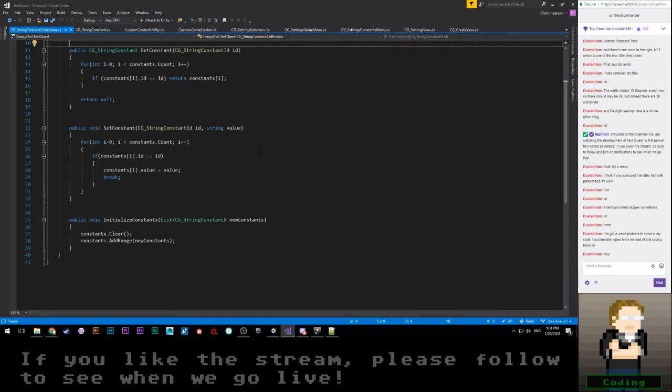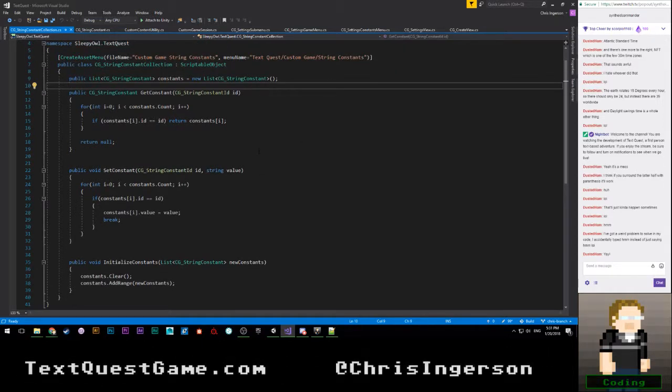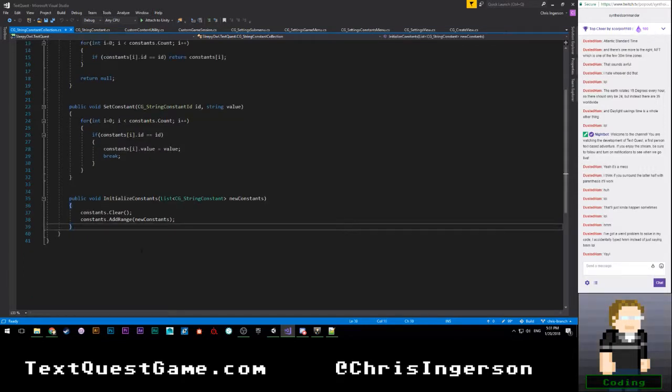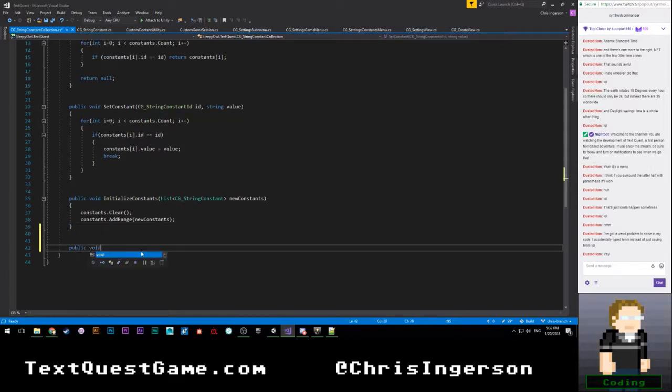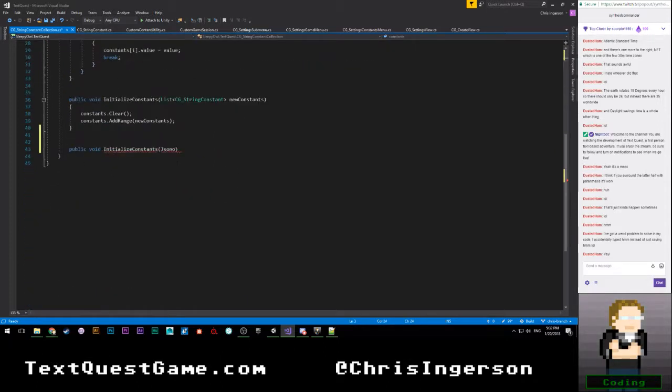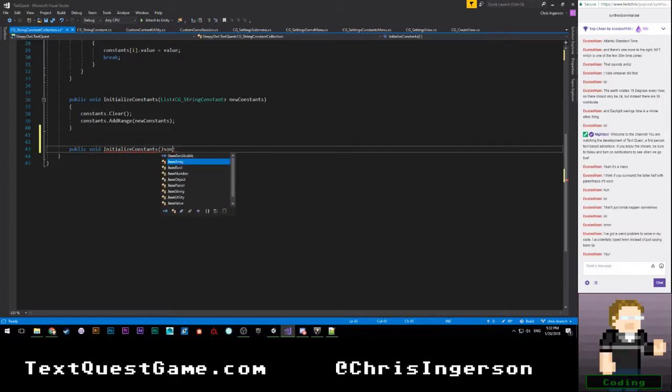Do I want to make this have its own JSON thing? Yeah, okay, fine. So let's go ahead and come up here. We're going to say public void initialize constants, and this is going to take a JSON object. Oop, and look at that. I am not using sleepyowl.common. Hmm. Oops, JSON array. So it is going to be an array that we use here, and that will be our JSON.